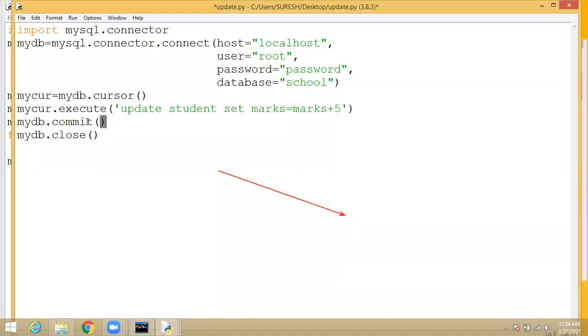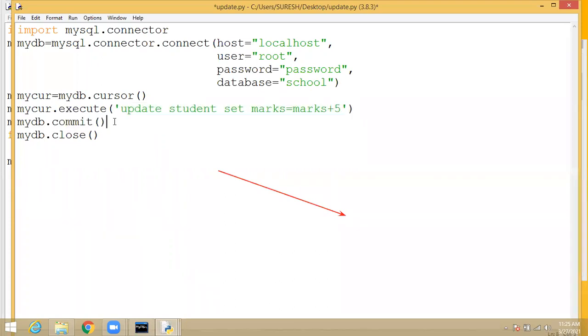So is the commit function needed or not, students? Is the commit function needed for update or not? Yes, sir. So whatever change you make in the table, you need a commit function.